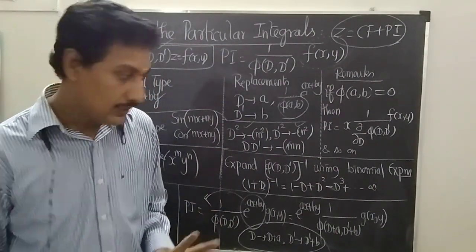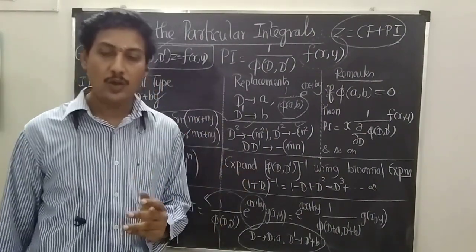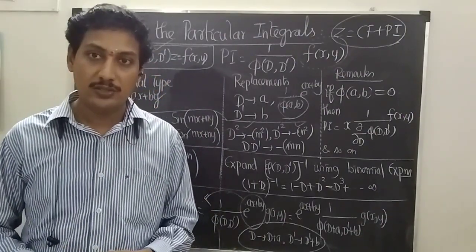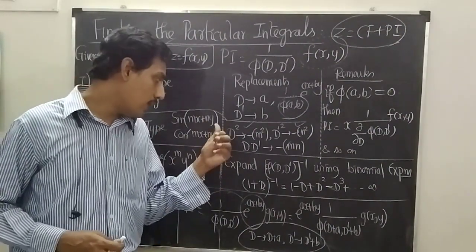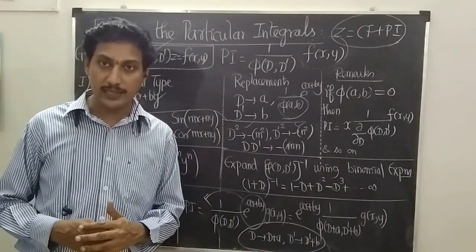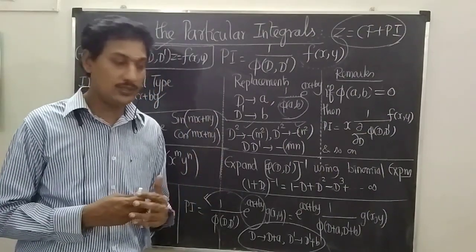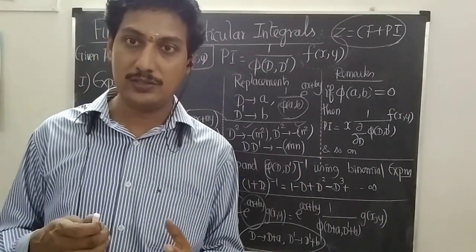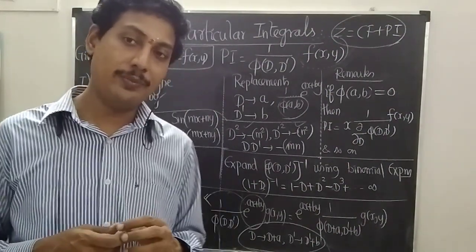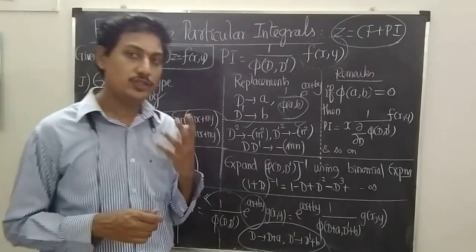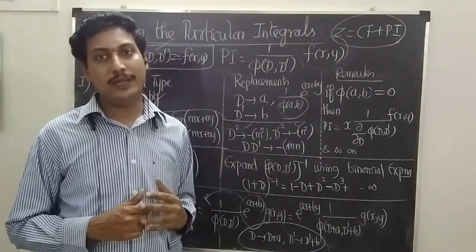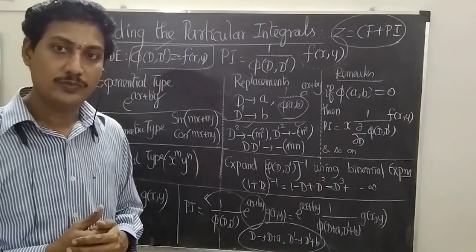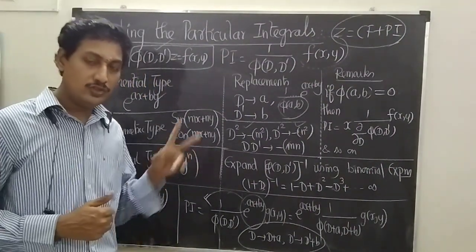Once again, suppose after differentiation the denominator has only the operator D or D dash, or a combination of D and D dash. We are not able to replace D square, D dash square, DD dash. So to apply this technique, I can make the denominator into perfect squares. How can we make the denominator a perfect square? Very simple. Take the conjugate of the denominator, multiply and divide, so it automatically becomes a perfect square. Got it? So these are the first two types.